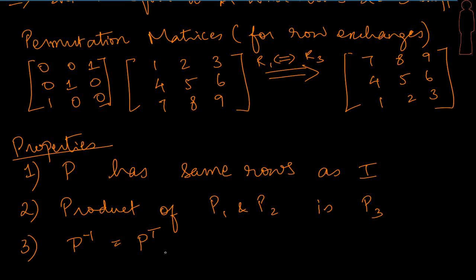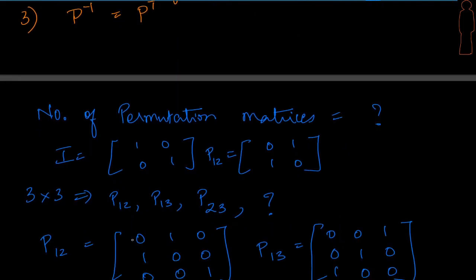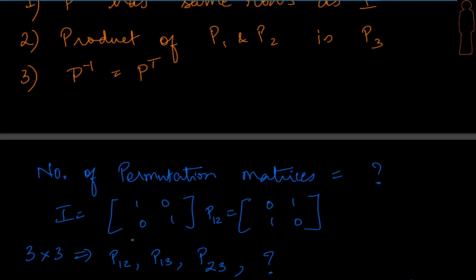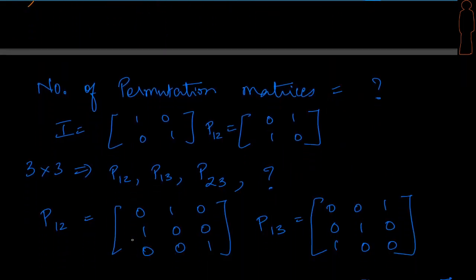Fantastic. But then we have officially not studied inverses or transposes, and I'm not going to discuss them in this session, but maybe once we discuss these two, we could look at this as well. So let me proceed to show you something more beautiful. We are going to look at this second property here, but in order to do that, we could also look at another beautiful property: the number of permutation matrices that we have for any order. Simplest, let us start with 2 by 2.